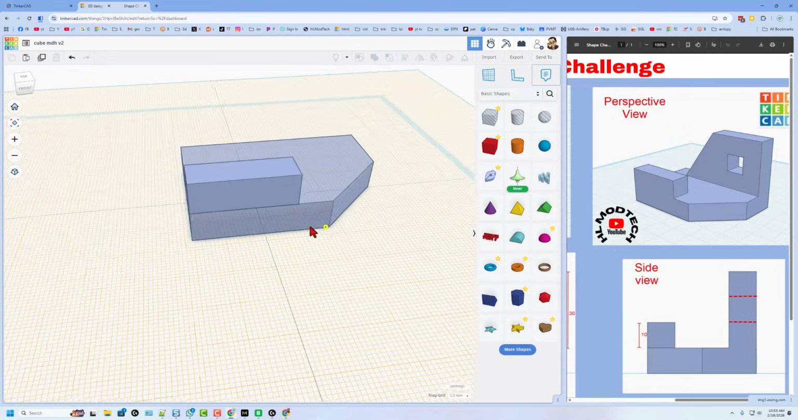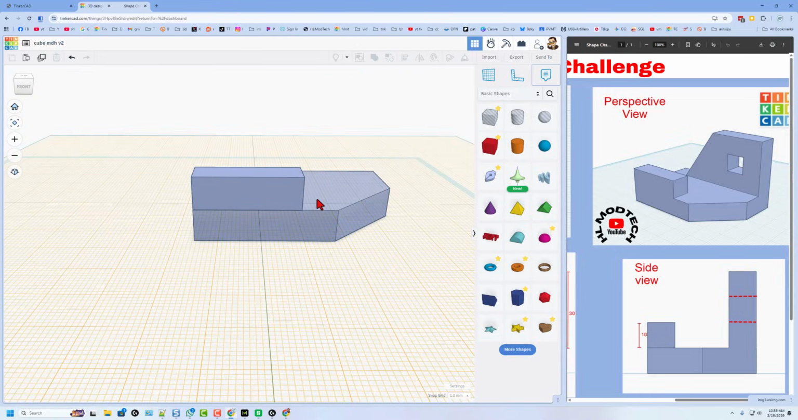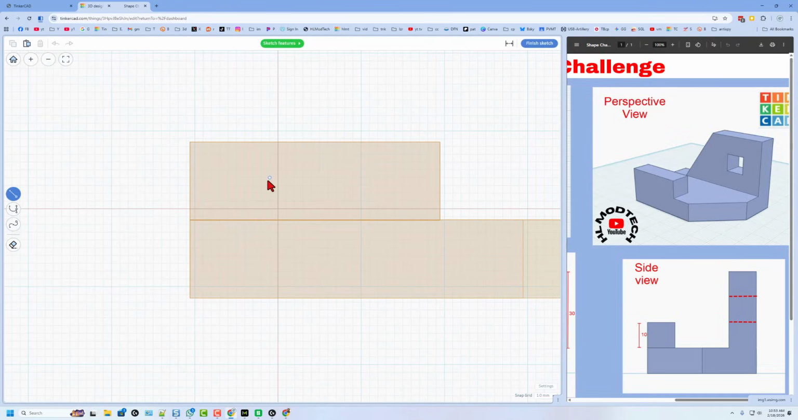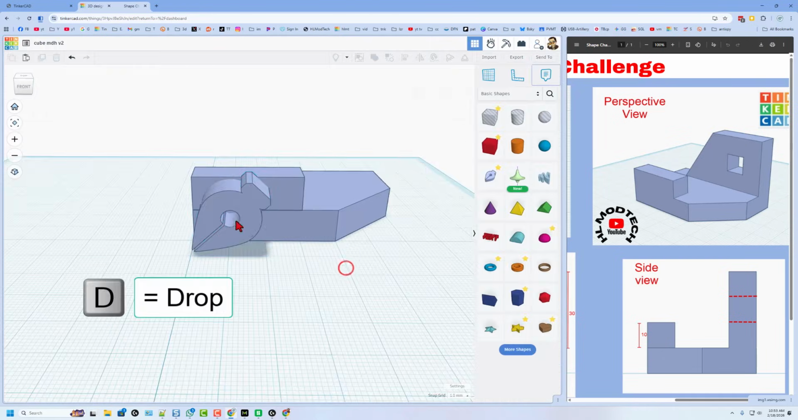Tinkercad normally does this from the top down, but check this out. W for work plane, and I'm going to put a sketch on this face. When I do this, I am looking at it from the front, but notice the grid doesn't line up. I can fix that by hitting Finish Sketch, and I can take this and hit D to drop so it's